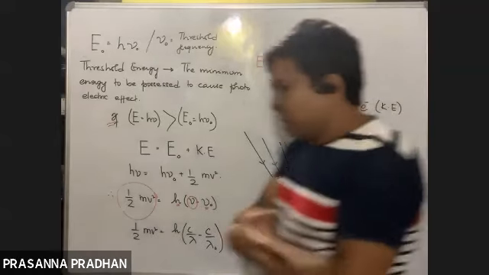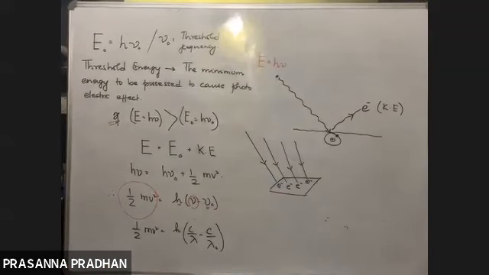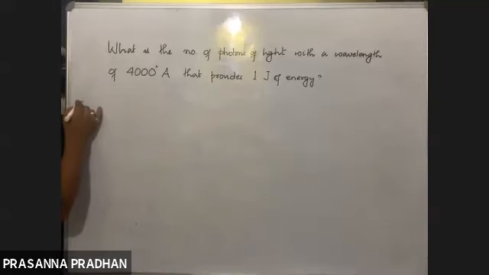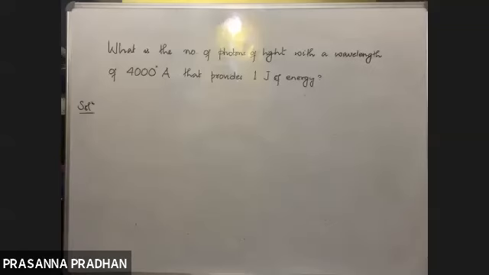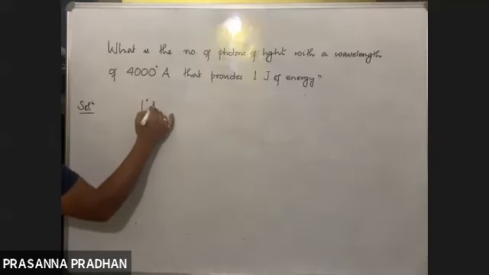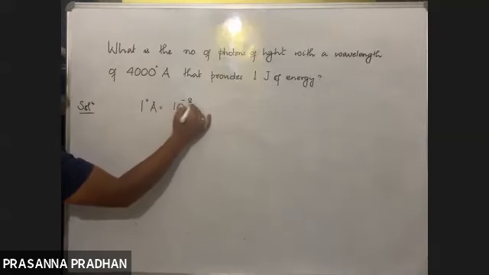Okay, so this is all about your photoelectric effect. Very important as far as the school exams are concerned. So we must change the unit to SI unit. What is the SI unit of length? Meter. So you convert Angstrom into meter now. So what is the relation? 1 Angstrom is equal to how much centimeter? 10 to the power minus 8 centimeter.